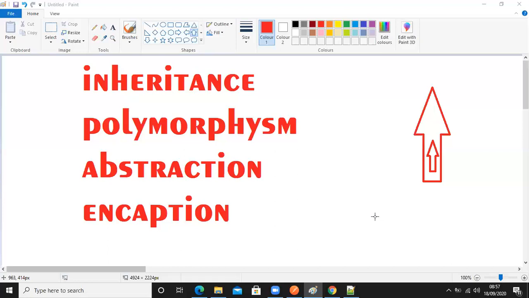Encapsulation means multiple things they are making together. The functional property is an entirely different thing and the physical property is entirely different, but together you are thinking and treating them as one, making them an object. That is called encapsulation. See how simply they are explaining. Correct. So that is how we have to understand object oriented. Okay, understood, right? Let it be.